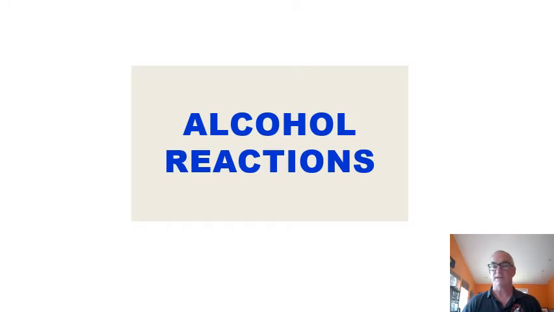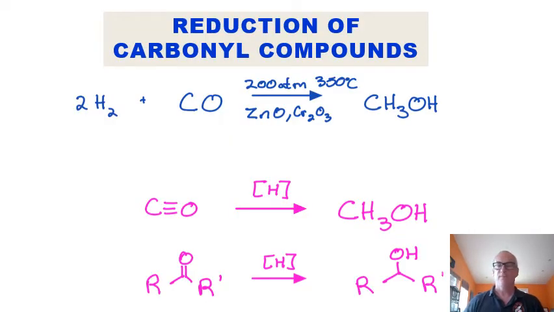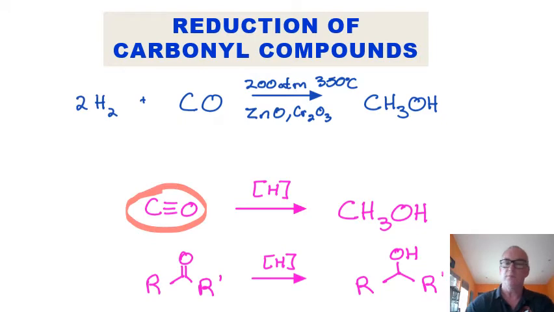So let's look at some reactions alcohols undergo. One reaction that actually produces alcohols is taking a carbonyl group and then reacting it with hydrogen. Here we have a very special carbonyl group, a triple bond in carbon monoxide between carbon and oxygen. Under very high pressure with hydrogen, this gets reduced and we form,